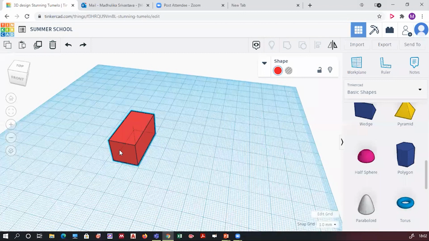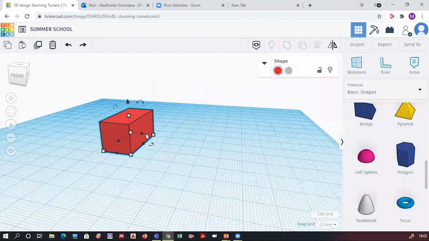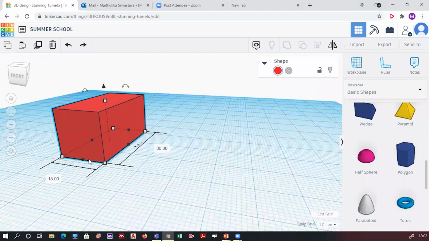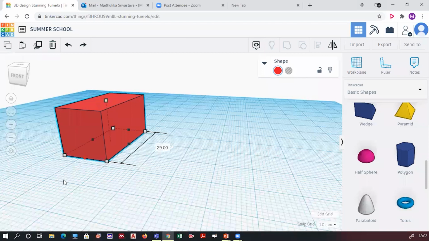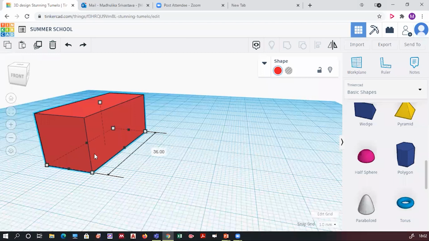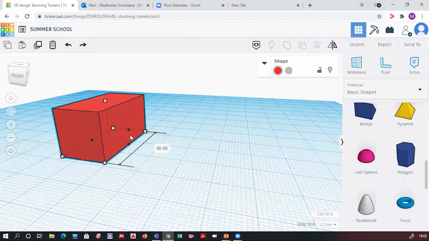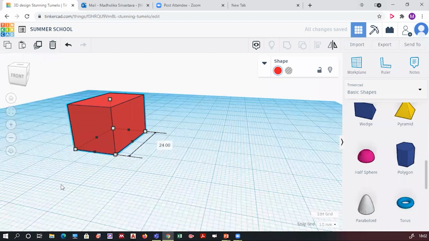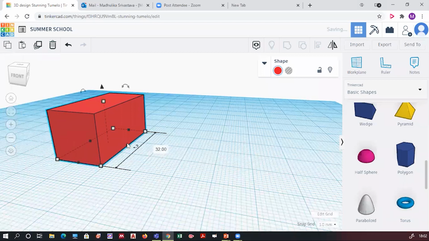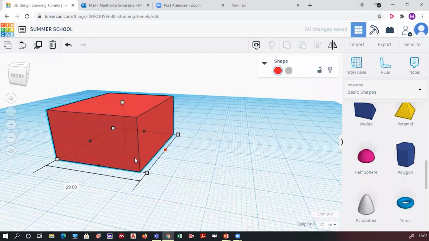So size changing, I told you by clicking on these white dots, you can change the size. What happens when you click on these black dots? This also shows you the option, but what it does, you can expand or reduce keeping one side constant. Suppose this was my object, I'll click on this black dot and I can expand it by keeping the other side constant. Similarly, this, okay?